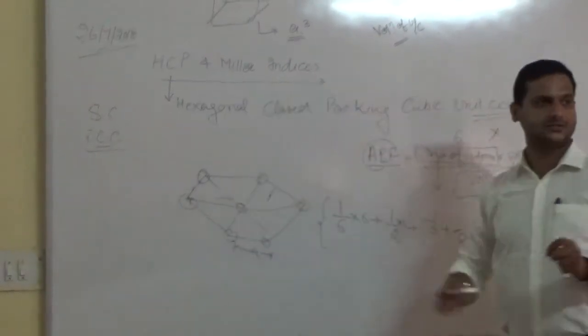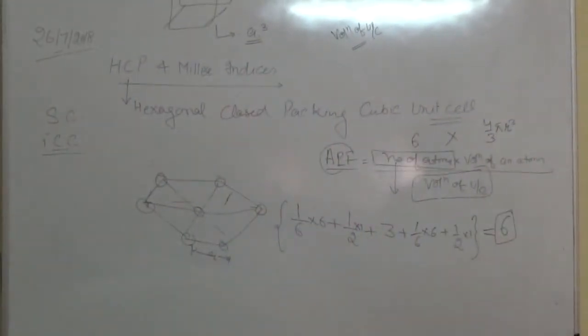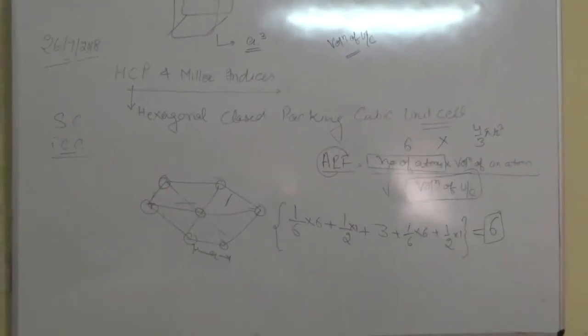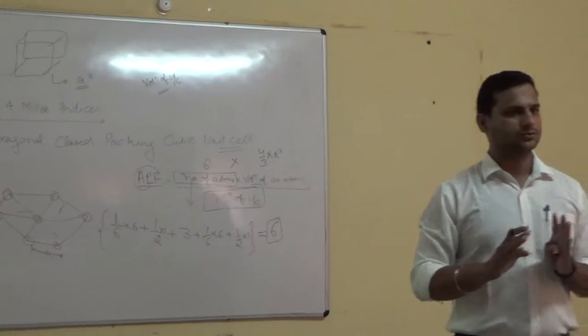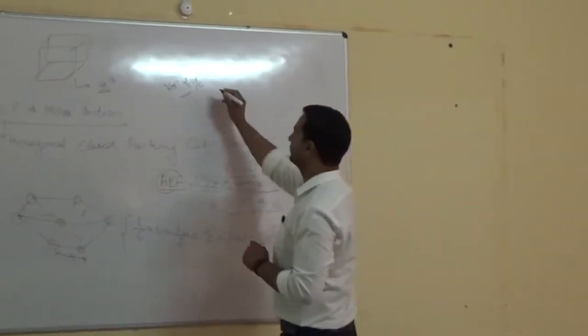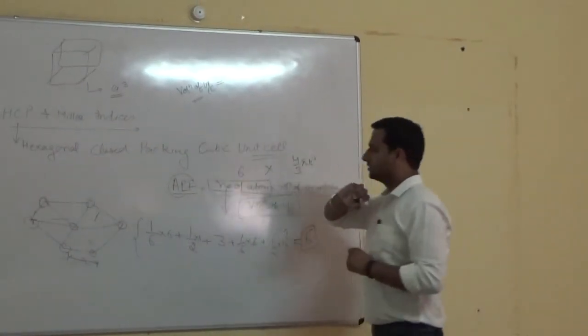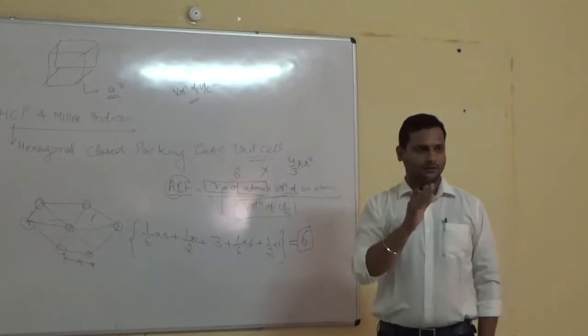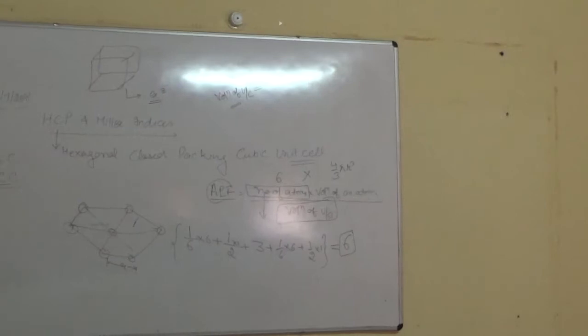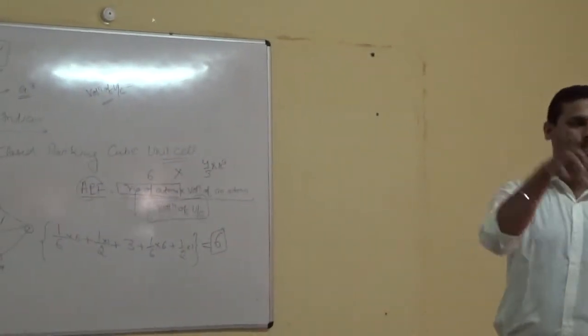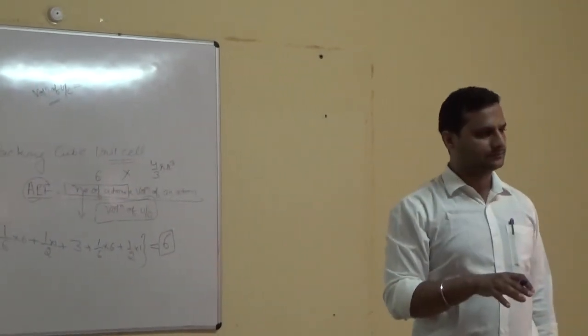And the whole derivation comes in the RTO exam directly. Find out the atomic packing factor for the hexagonal closed packed structure. Okay. So this derivation is very much important from the point of view of the RTO exam. So volume of unit cell, in simple words we can say that the volume of unit cell is the amount of liquid that can be poured in the unit cell.